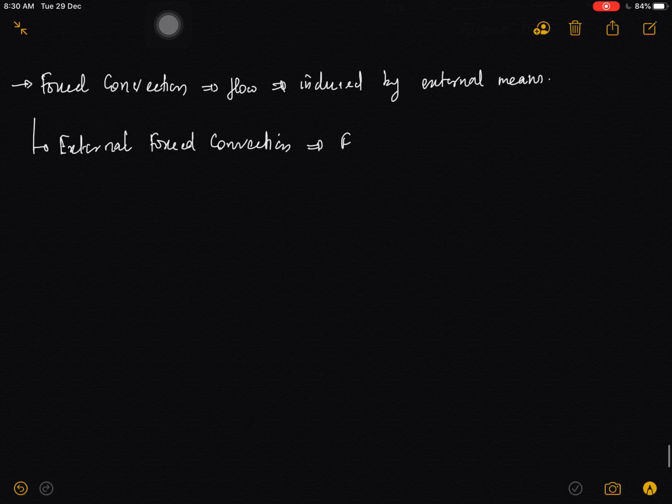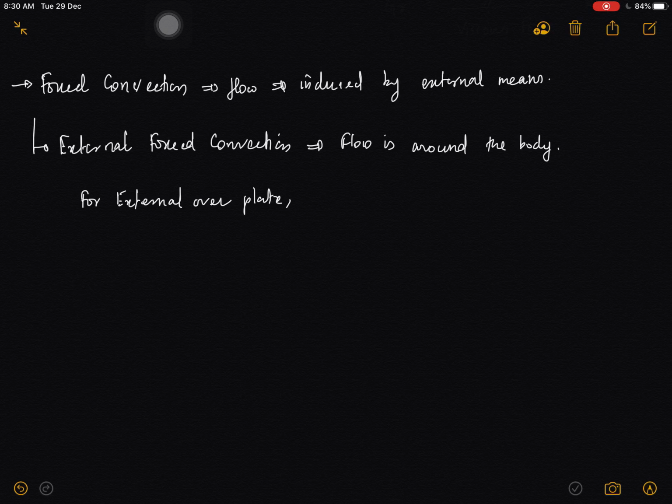This is a classification of forced convection in which the flow is around the body that we have considered. So for external flow